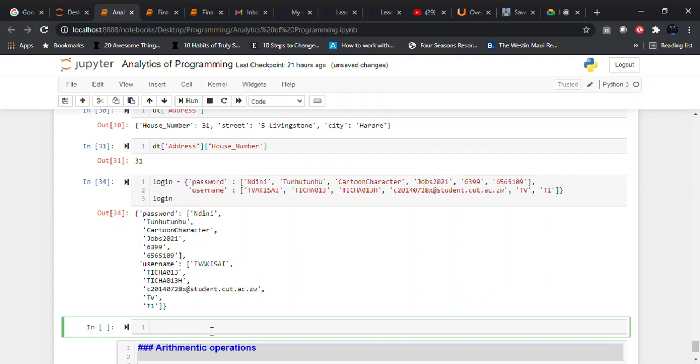You then come and say login in brackets, username